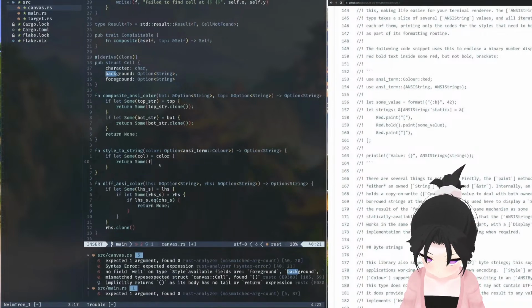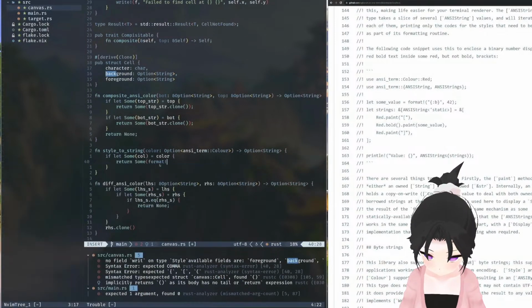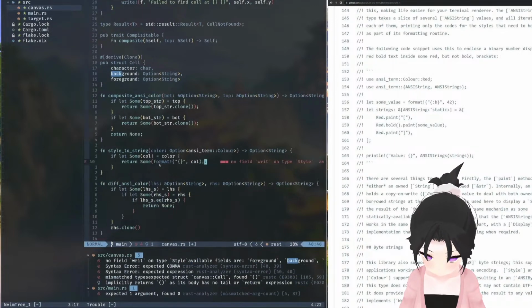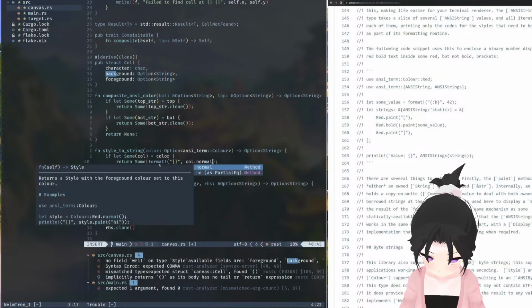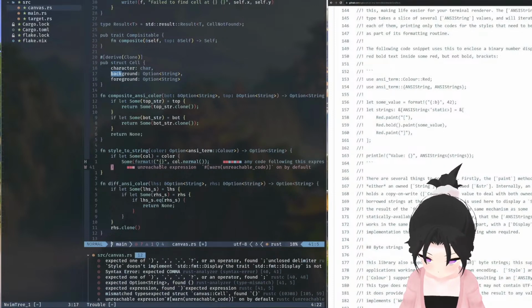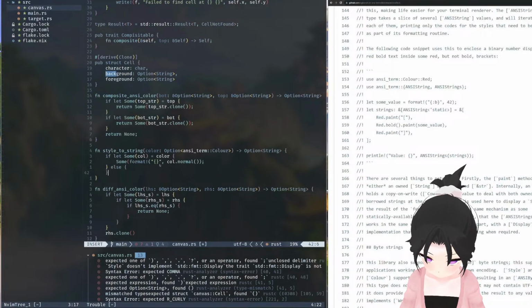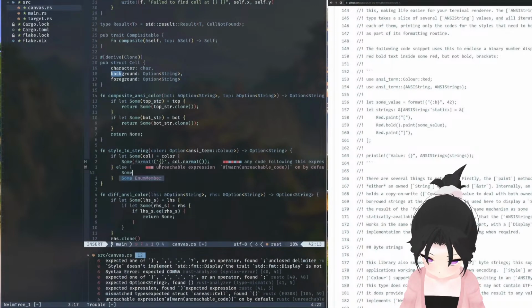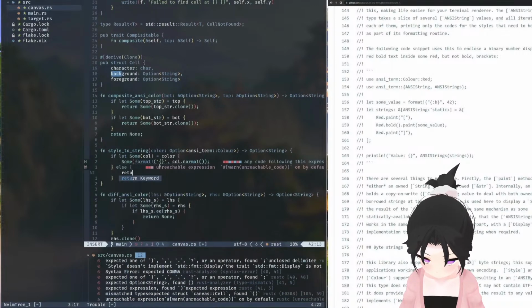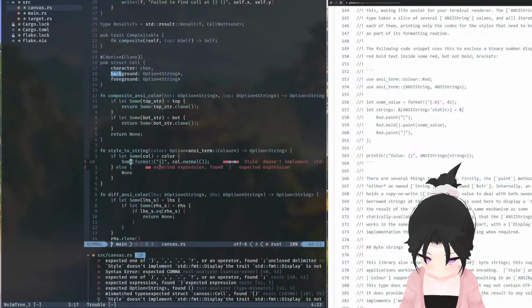Return some format col.normal. Else return none. So